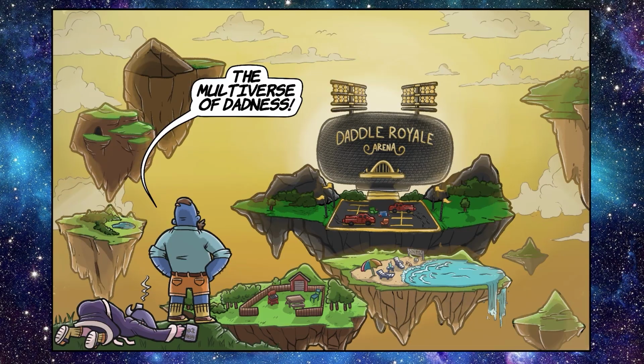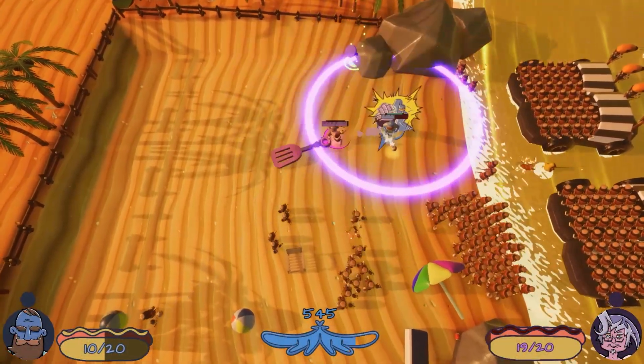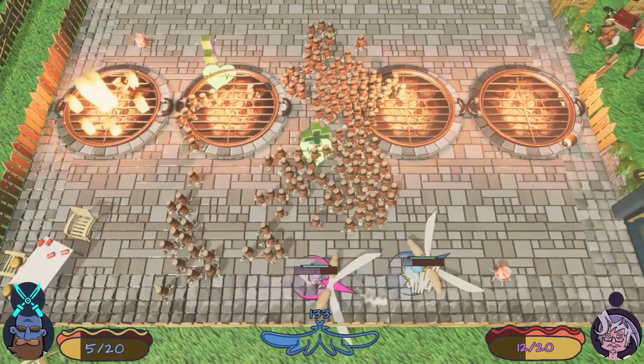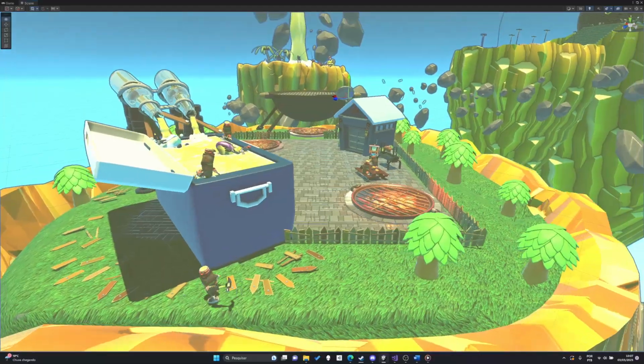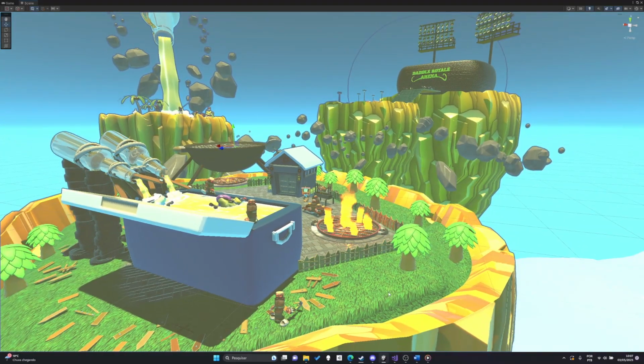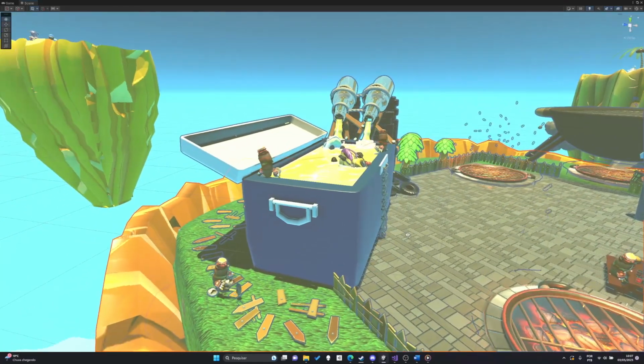Dead to the Bone is a cooperative horror slayer where father and son fight together to restore balance to the multiverse of Deadness, a fantasy dead wonderland that was thrown into chaos by its current ruler. Here in this scene, we are looking at a scene that works as a level selector slash hub for our game. Let's take a closer look at what's in here.